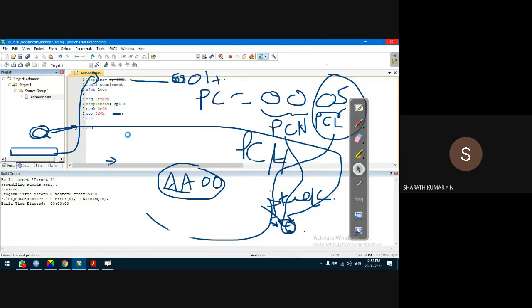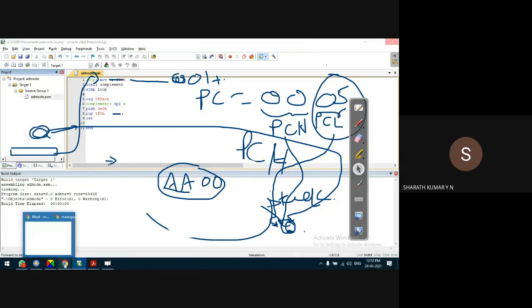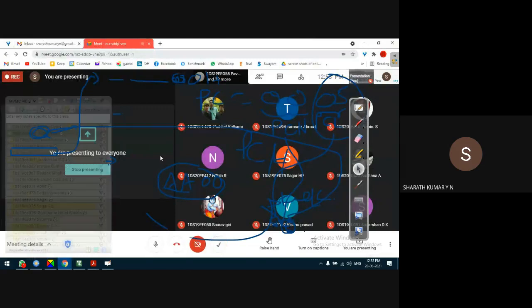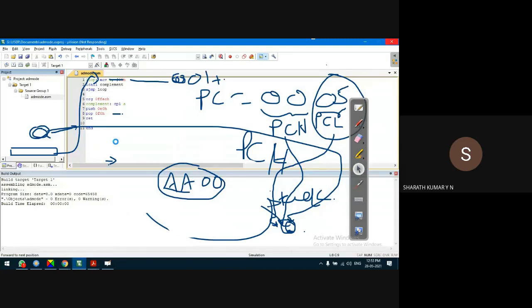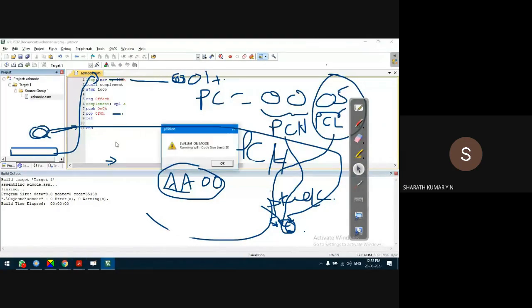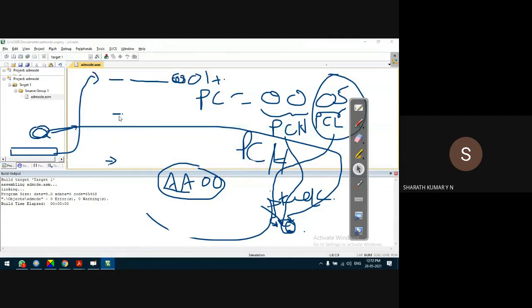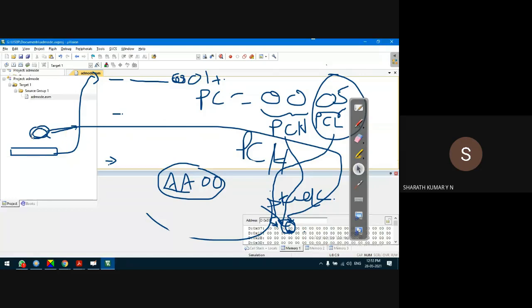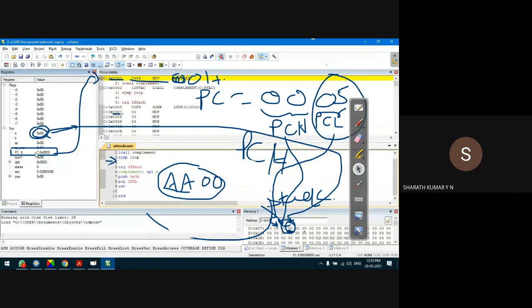I don't know what happened. This is still running, still executing the debug session. Please hold on a second. Did it run? Yes, here we go. Okay, debug. Guys, what are the locations we have to observe? Of course the stack memory and the program counter. Observe both the locations.